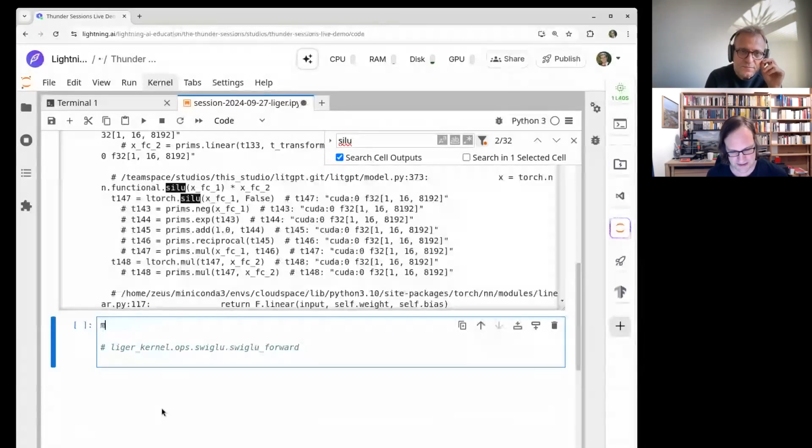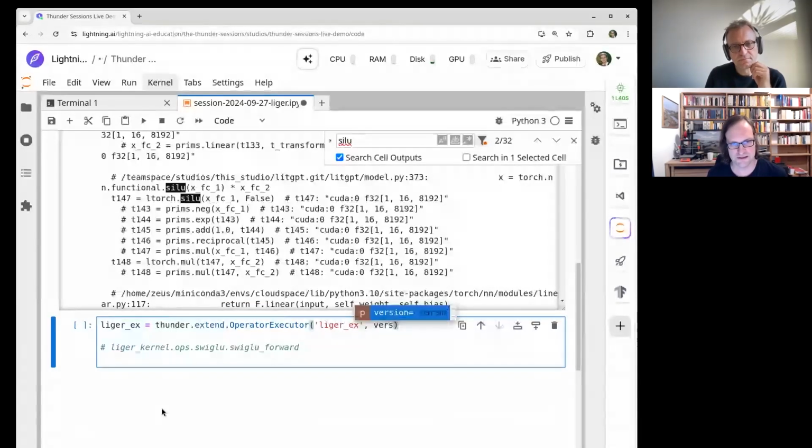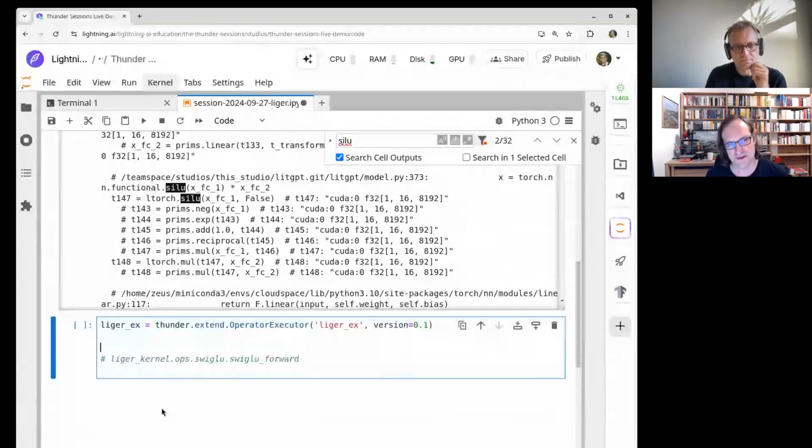And so the first thing is we need an executor. So the Liger executor will be thunder.extend.OperatorExecutor, and I think we need to provide a version, let's say 0.1. And so we can start right away writing a meta function.